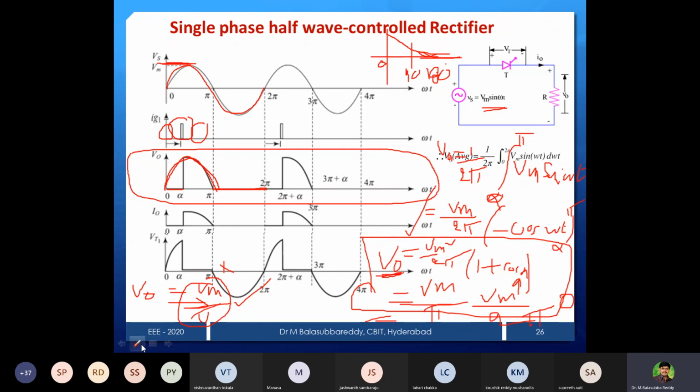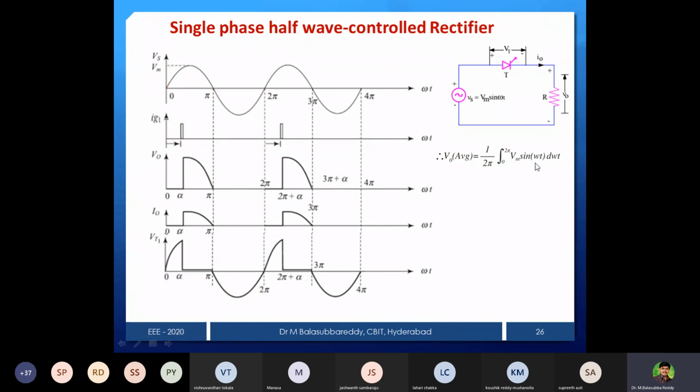That's what I mentioned here in the derivation also. See, 0 to 2 pi I need to integrate, and the limits are only alpha to pi, the rest of the portion is 0. If I do that, Vm by 2 pi into 1 plus cos alpha. Similarly, if I use the diode rectifier, I can get Vm by pi. That's the reason this is a variable one, this is a